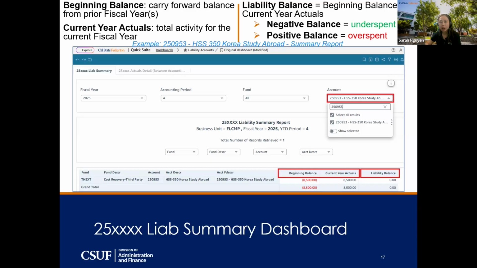Let's say your program kicks off in December 2025 and you start collecting the money in March 2025. Since March 2025 falls under fiscal year 2024, and now the trip starts in fiscal year 2025, those deposits of 8,500 were carried forward as the beginning balance of the current fiscal year 2025. So those deposits of 8,500 were recorded in the prior year and now used in the current year for some activities